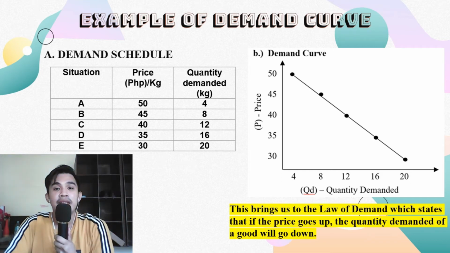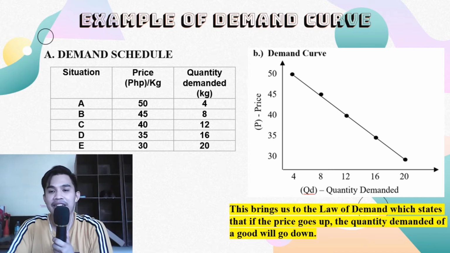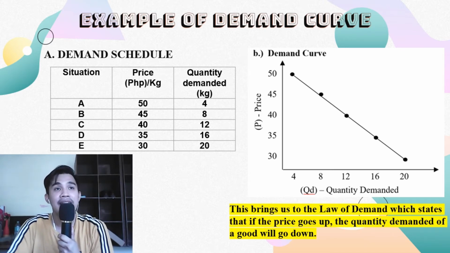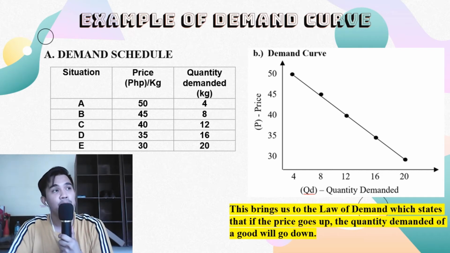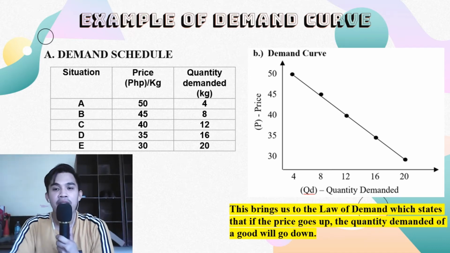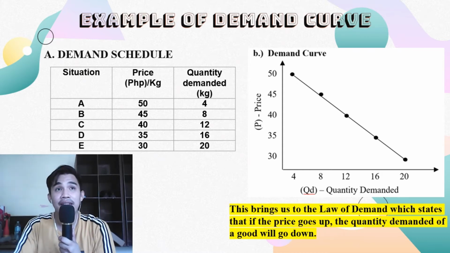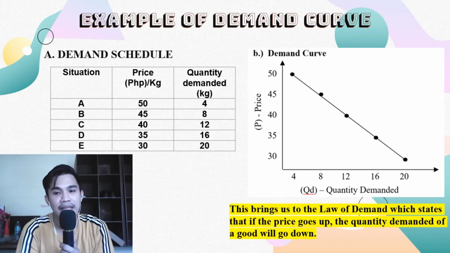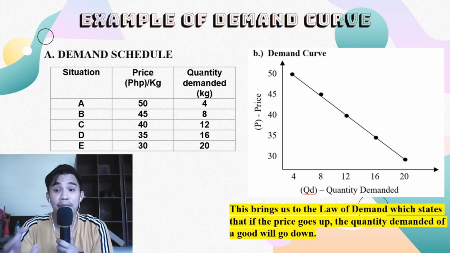So as you can see, the price will be the one to adjust to the quantity demanded. For example, let's say the price of a certain product, let's say rice again. So for example, the demand for rice is really high at that certain time frame. We all know that the supply of the rice is only limited, it's not really that abundant. So the reason why we are limiting, we are controlling, or the people responsible behind that, the producers, they are limiting the price, or they are controlling the price so that these resources could be allocated to everyone,